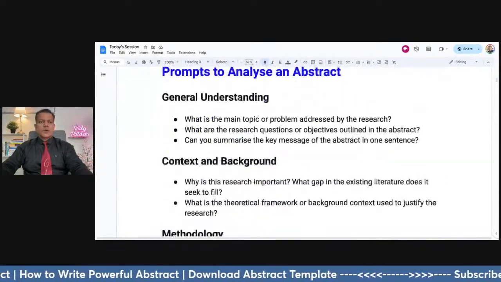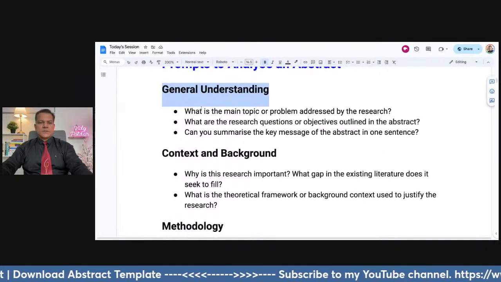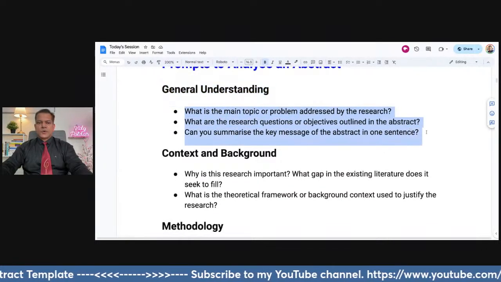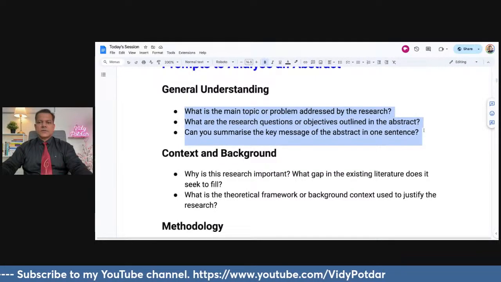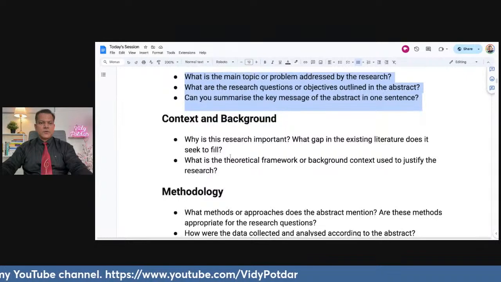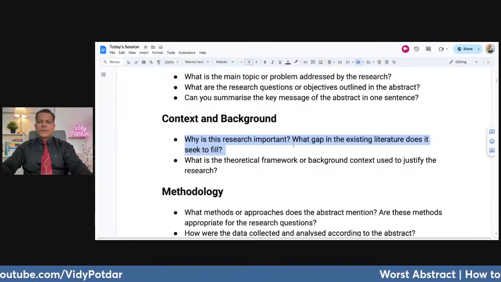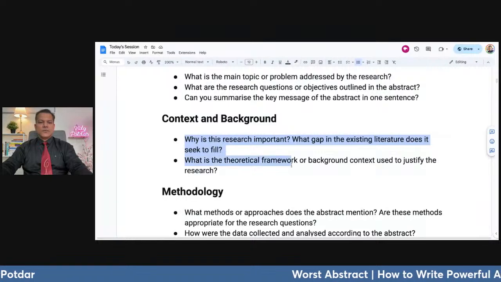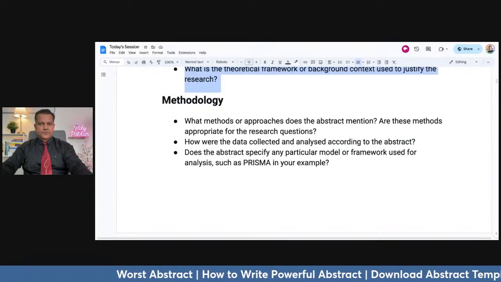So the prompts to analyze an abstract. For general understanding about the abstract, you can ask these 3 types of prompts. What is the main topic? What are the research questions? Can you summarize the key message? That could be one. Why is this research important? What gap in the existing literature does it seek to fill? What is the theoretical framework or background used to justify the context